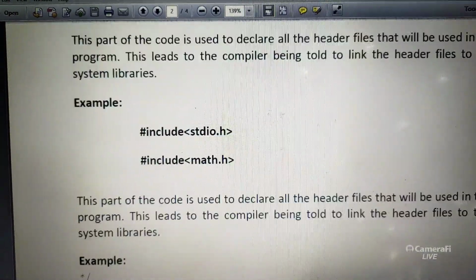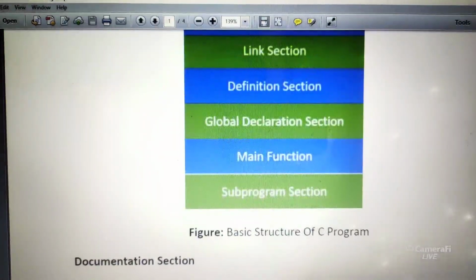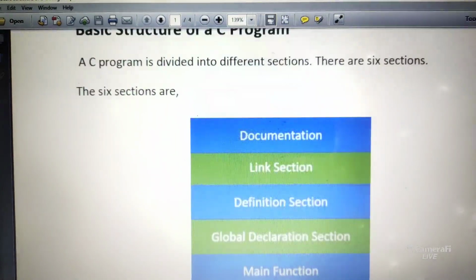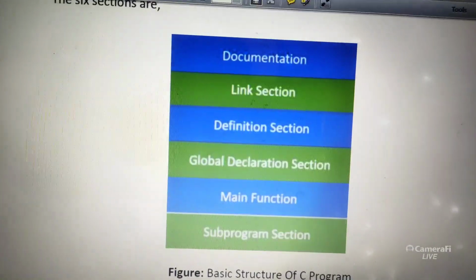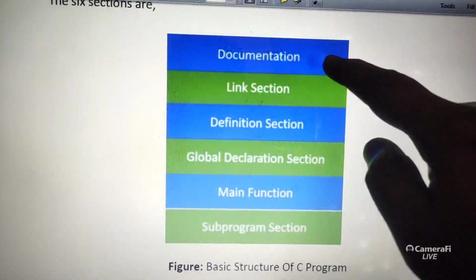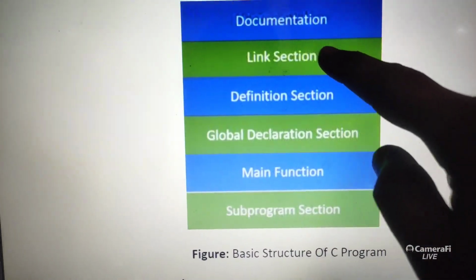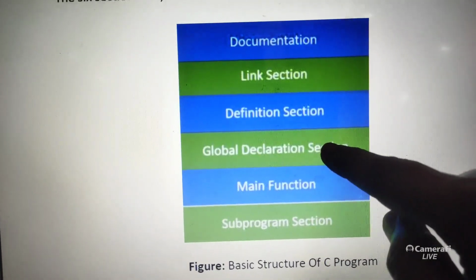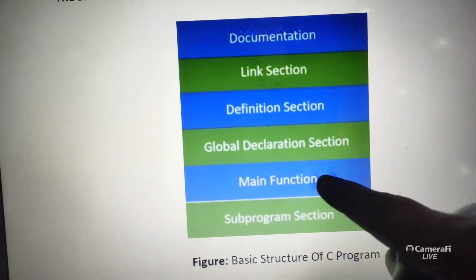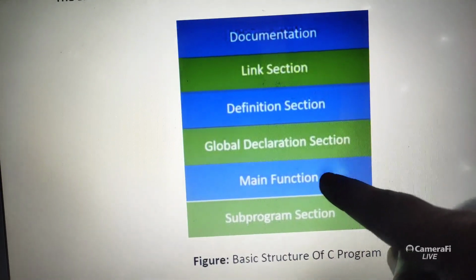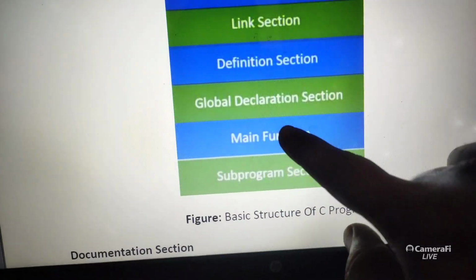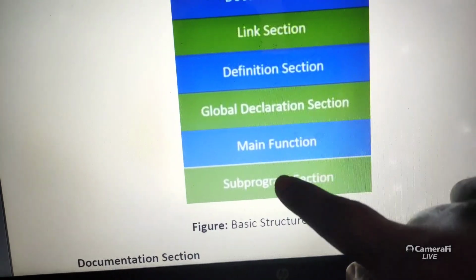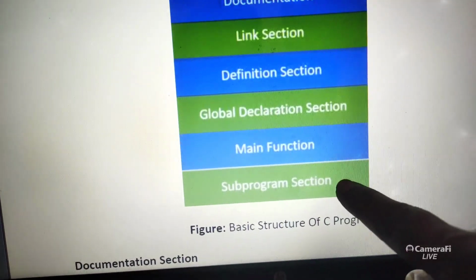So among the 6 parts, I recall with one line, there are 6 parts: documentation, program descriptions, header files, library linking, constant declaration, public variable declaration, main function, a block of statements, compulsory main block. Similar to the main, we could write a subprogram section, user functions and all.